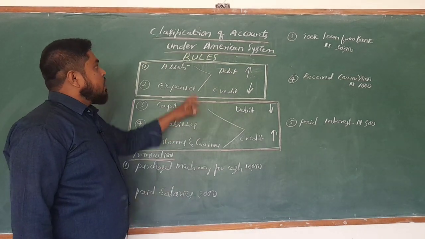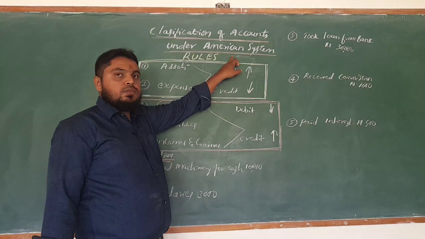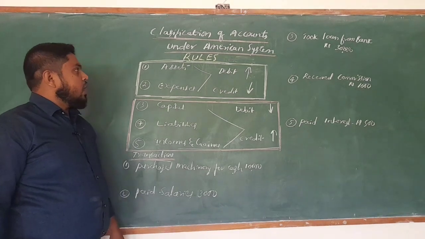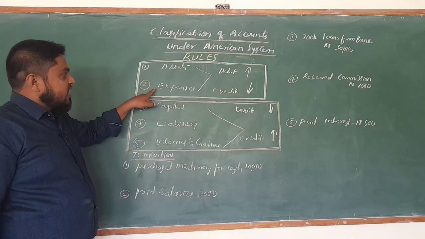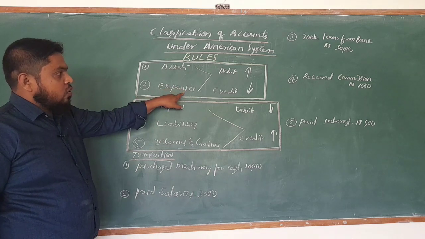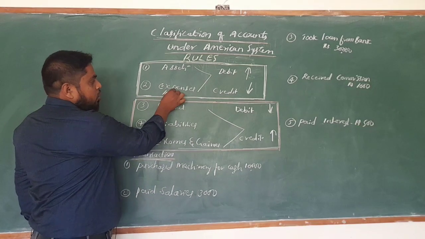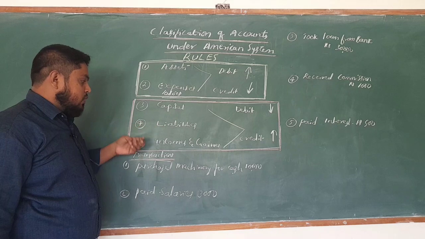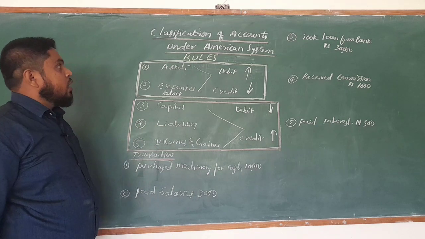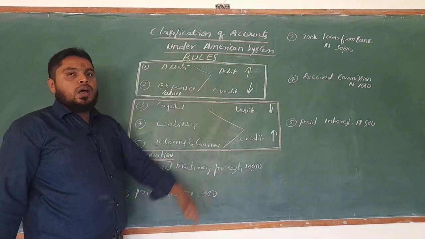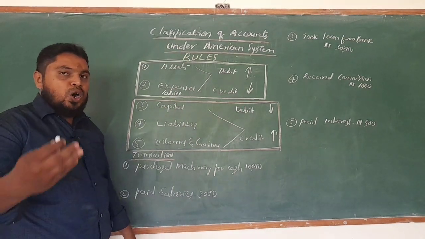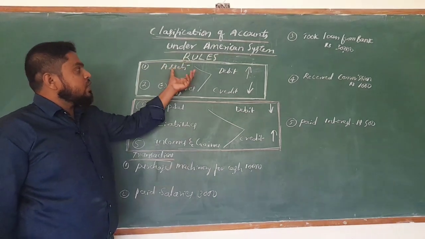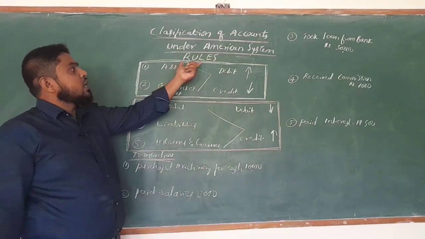So, classification of accounts under the American system of accounting: assets account, expenses and losses account, capital account, liabilities account, incomes and gains account. The American system is also called the modern system of accounting. Under the modern system, accounts are maintained under five heads, and the rules here